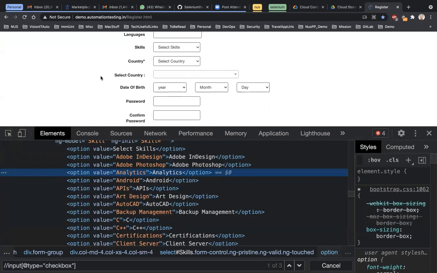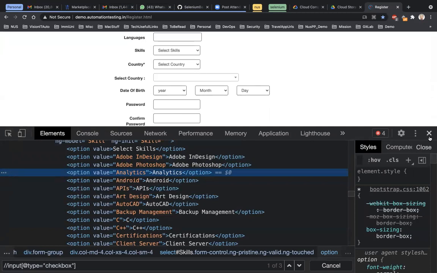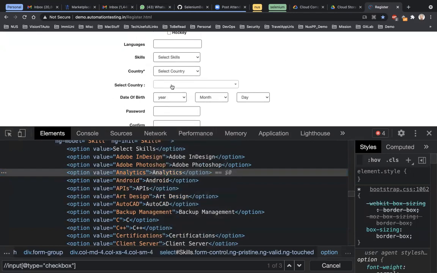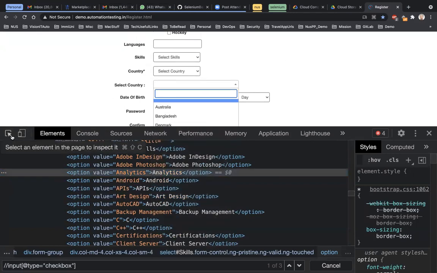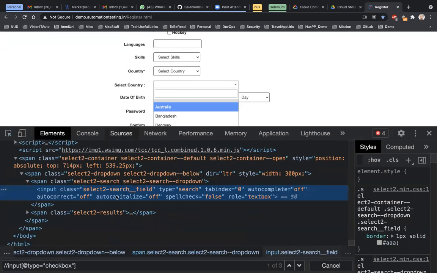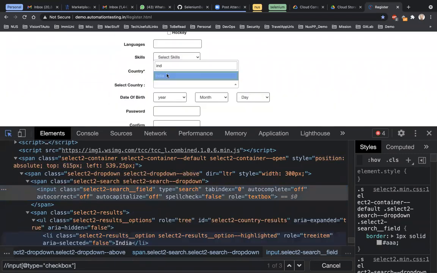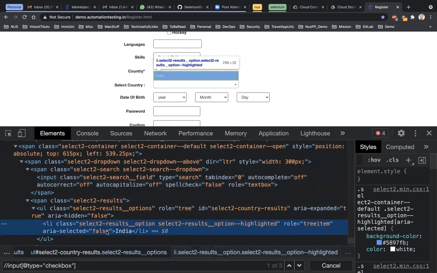That's all the control which you need to know, because other controls are almost the same. This also is the same, this also is the list, this also is different. So skip this for now as well. I think this should be simple. There's no special way of doing it. You have to search, just type India here, and then you have to find this element and click on this specific element marked as India.